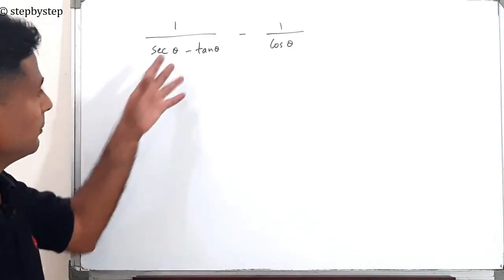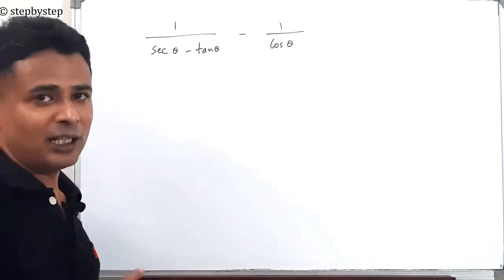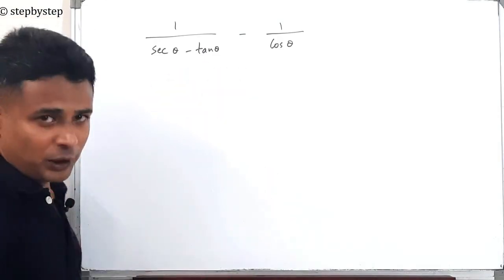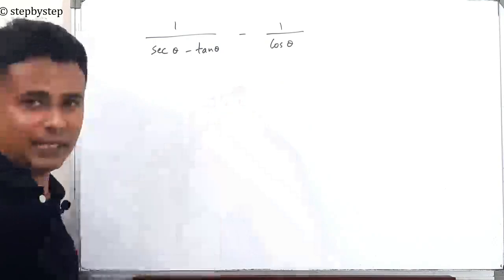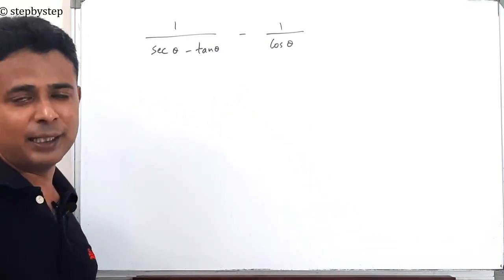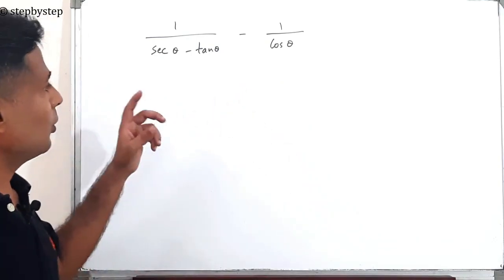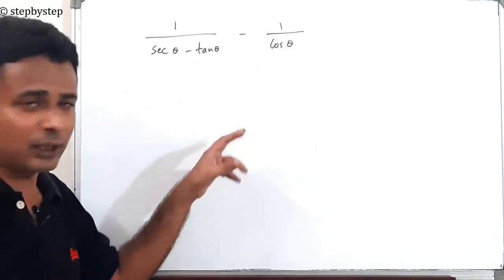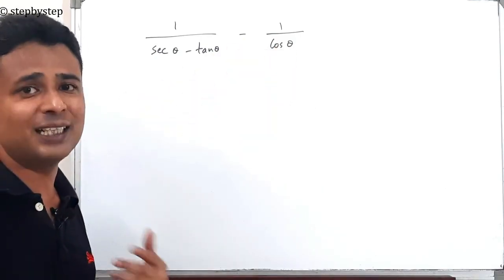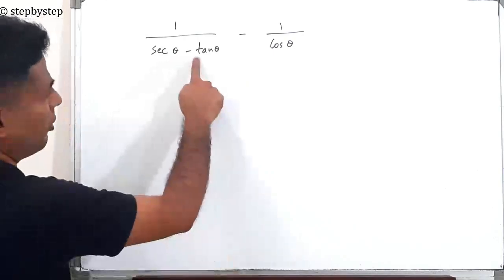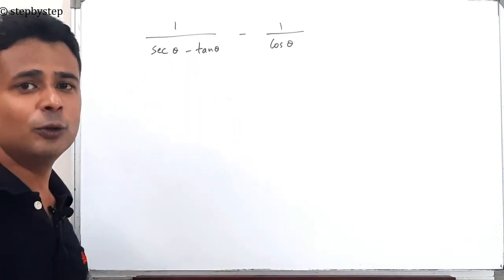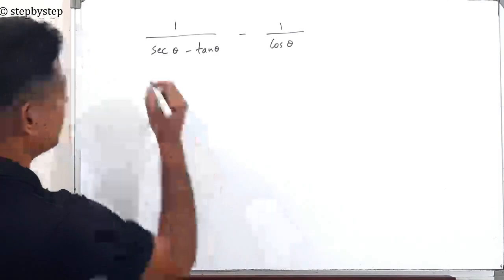Alright guys, the next problem is this. Now generally what I would have advised was, first you do whatever you can do. So I would have tried to take LCM and solve it, but it becomes very complicated and you will not get the answer. So if taking LCM does not work, if subtracting these two does not work, what is the next thing you can do? Here we have of the form A minus B, so we'll use the A square minus B square formula.